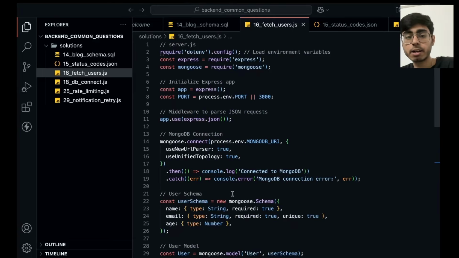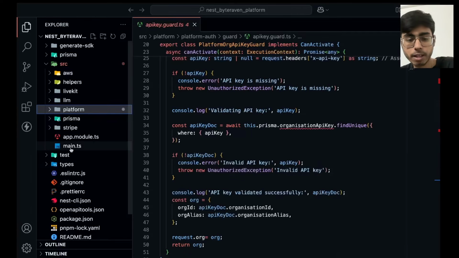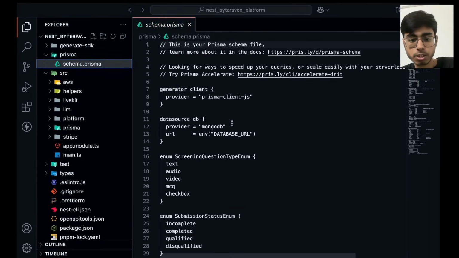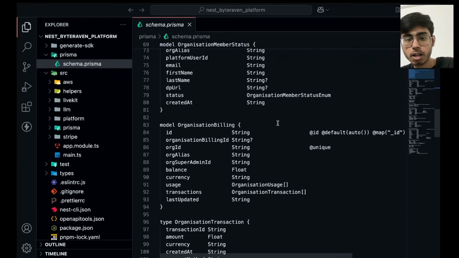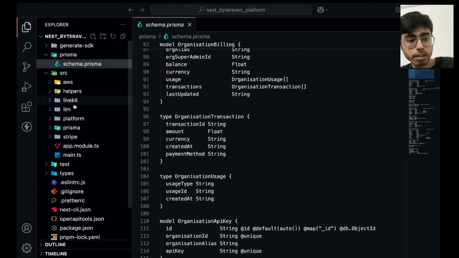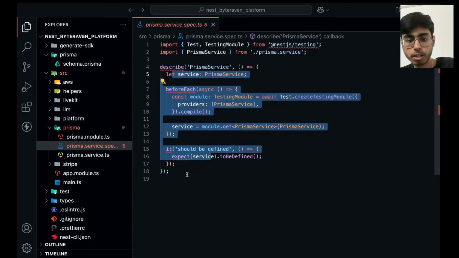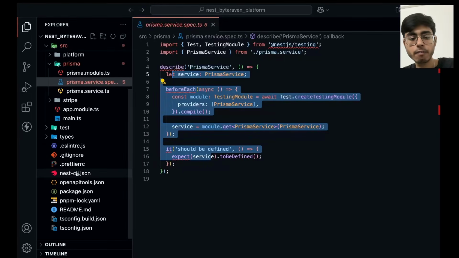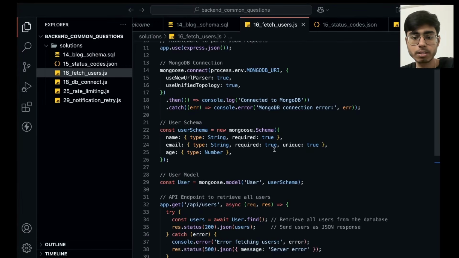Read it. In a real production-grade application, the structure will look a bit different. You will define everything in a different file. You might be using an ORM, object relation manager, for defining the schemas of your database. You can see these are the schemas of my tables using an ORM. I'm using Prisma ORM, and then you will be using this Prisma service to start it so that it connects to your database, and then you will have everything in a separate file. But over here, just for the sake of simplicity, I put everything in one single file just to show you.